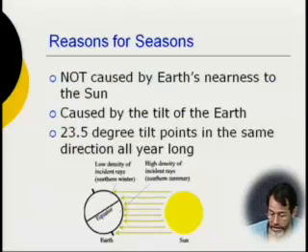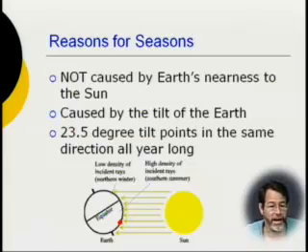So it's the tilt of the Earth that causes this. So here we have people here. When the Earth is tilted so that the sun is highest in the sky, it gives you more sunlight for more part of the day. So when the sun is high in the sky,